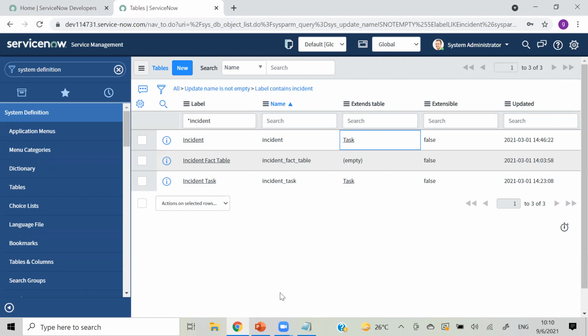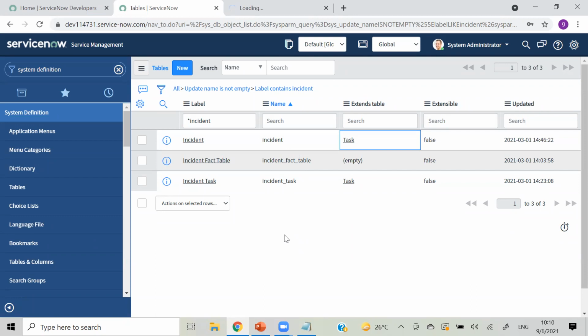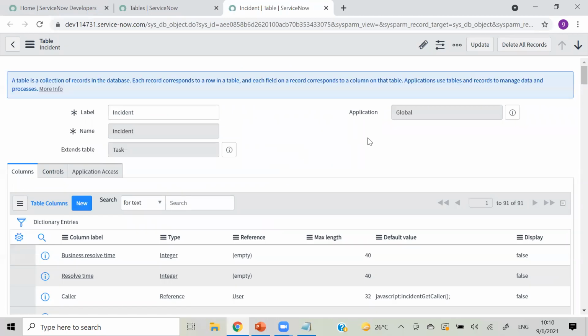That is the purpose for which we create a table. Now I will give an overview of the incident table, then we will create a new table ourselves and add all those things. This is the incident table which we have been seeing in our daily classes for the last 3 days, the basic table.